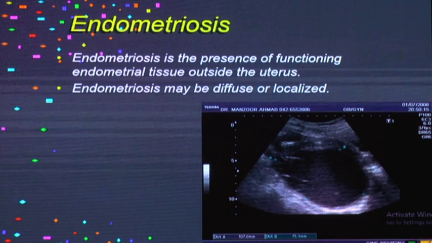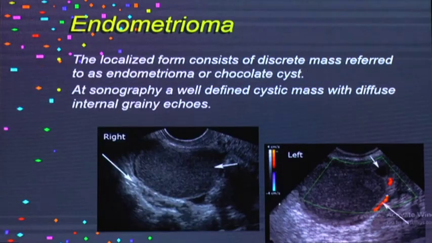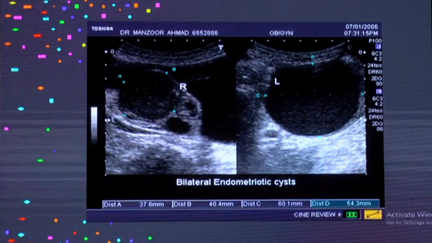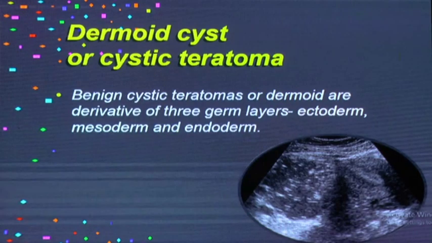Then endometriosis is ectopically placed endometrium, and it may be diffuse or localized. When it is localized, it produces an endometrioma, that is an anechoic area with grainy echoes inside. Most of the time it is bilateral. Then benign